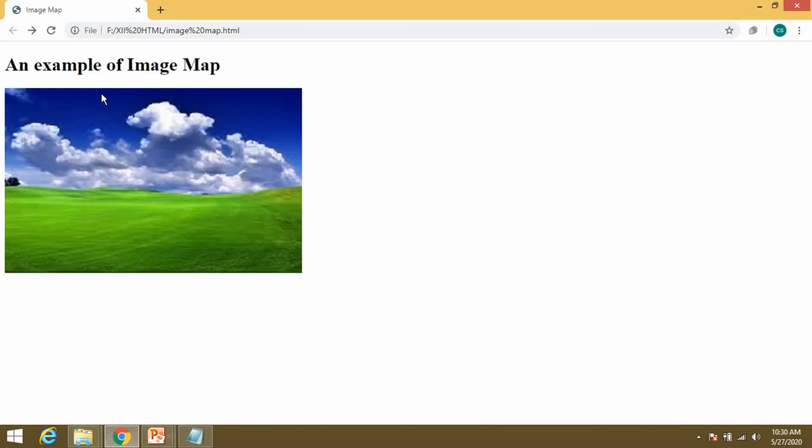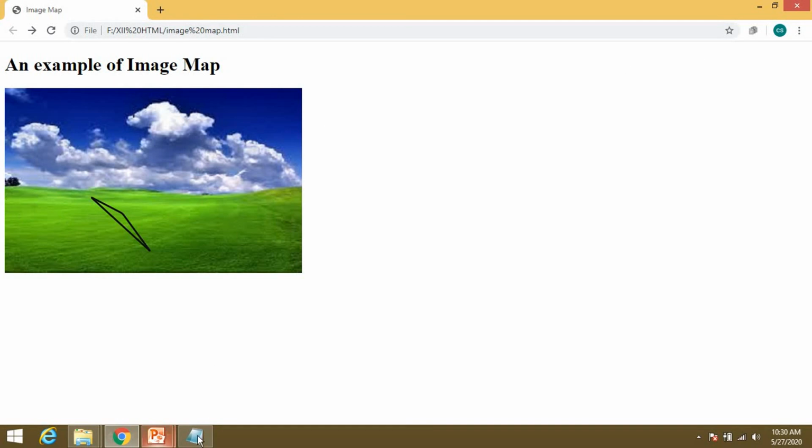So this particular region is the polygon, and YouTube gets opened over here. So you have to search accordingly. Once you click on this region, it acts as a polygon.